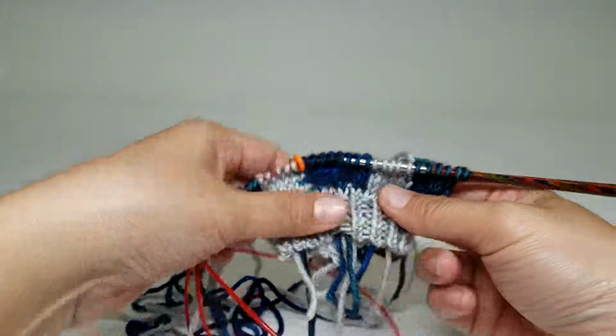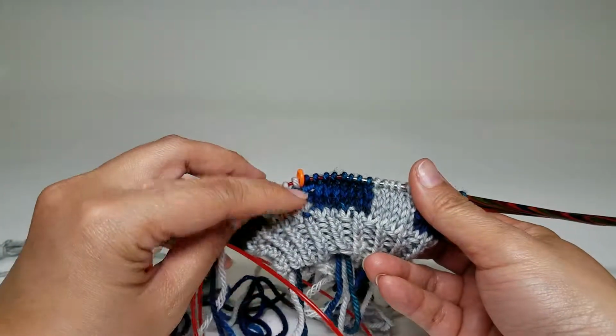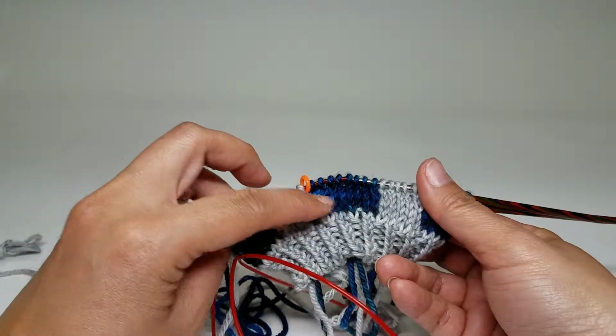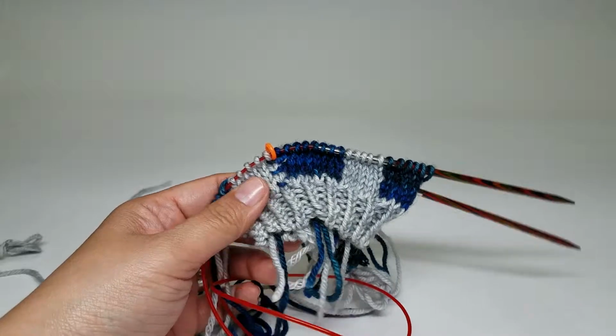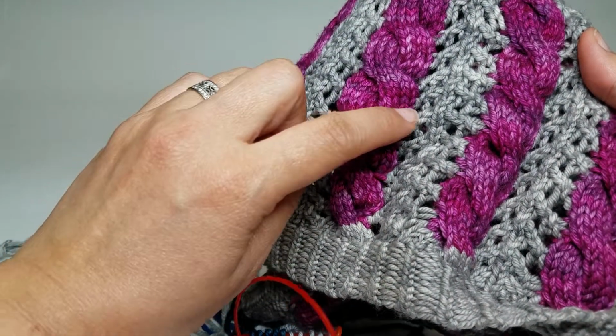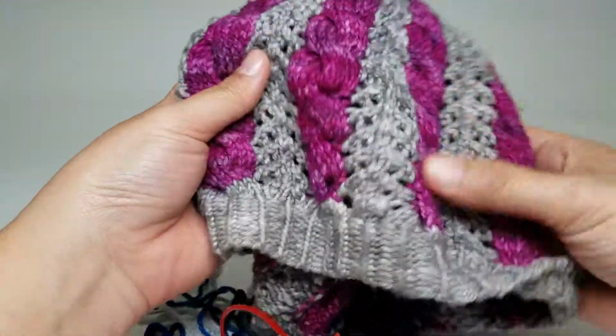Okay? So that is how to do intarsia in the round with the wrap and turn. Again, it's much more visible here because I'm doing just plain stockinette. But when you have it in the hat, you really won't see it. Promise. You won't see it at all. Okay? So that is the